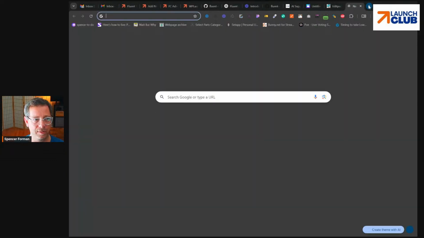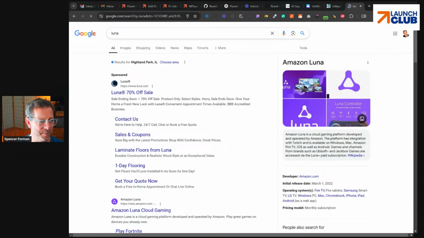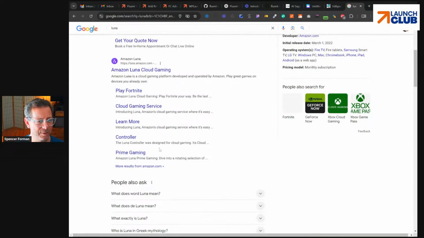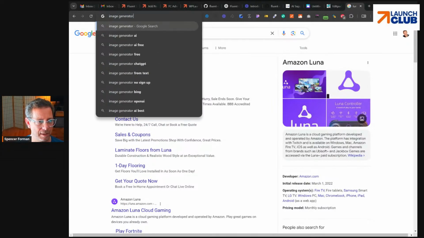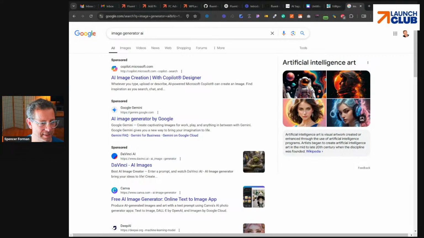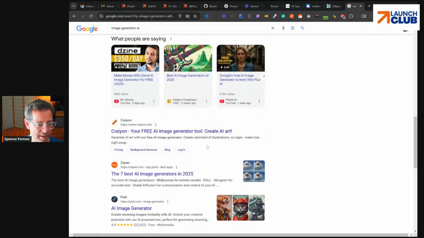So it's really fascinating to me because we can also use this to create graphics and artwork and so forth, right? So Luna, I think it's called Luna. What's the image generator? I used it last week. I forgot what it was. It's Luma.